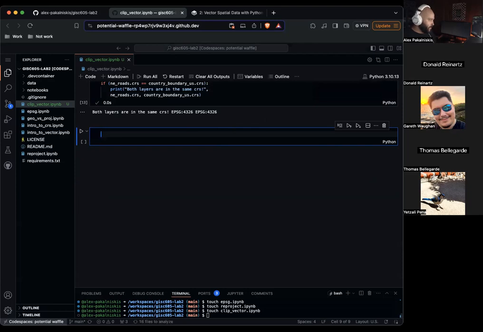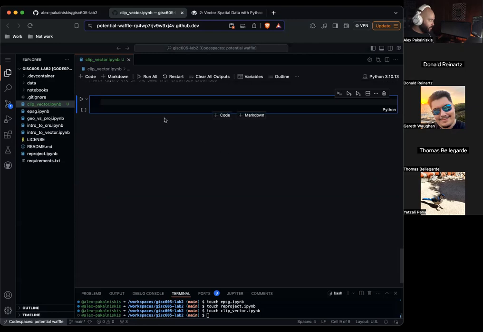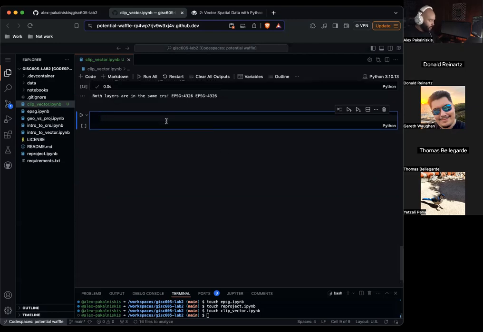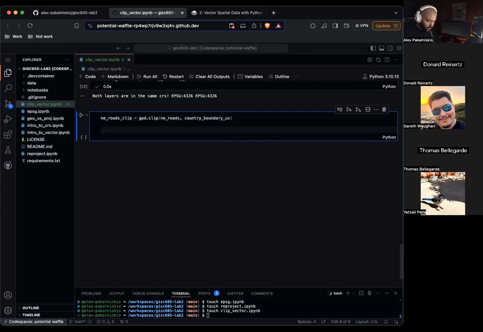So let's clip the data. I'm going to skip the simplification code that simplifies the boundaries. So we'll see how long it takes without simplified boundaries. Any roads clip equals gpd.clip, any roads, country boundary US, any roads clip.